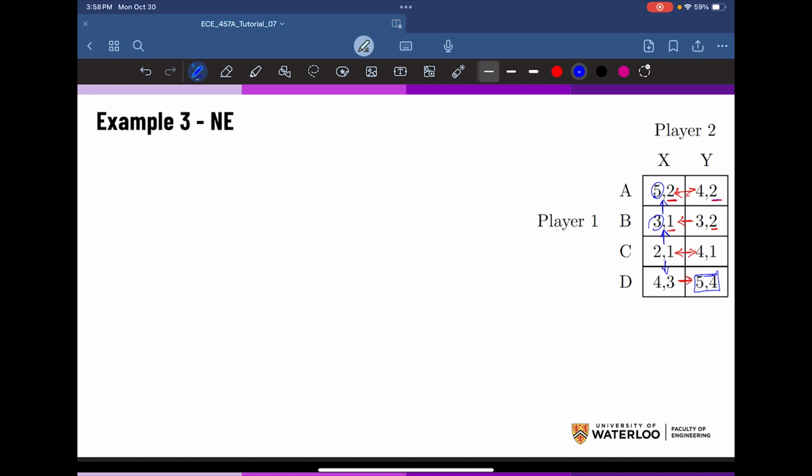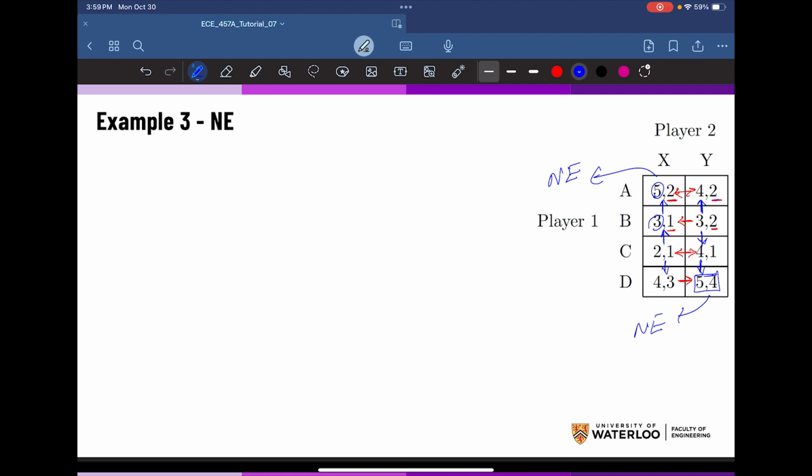Now, considering that player 2 is playing Y, we can have this one, or this one, and this one. So we can see we have actually 2 arrows ending up in this one, 5, 4 cell. So this is the Nash equilibrium, and actually 2 arrows end up in this one. This one is also a Nash equilibrium, but one of the arrows is like a two-way arrow. So the thing that we can say is that